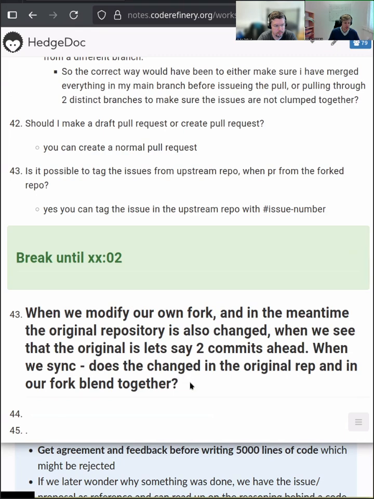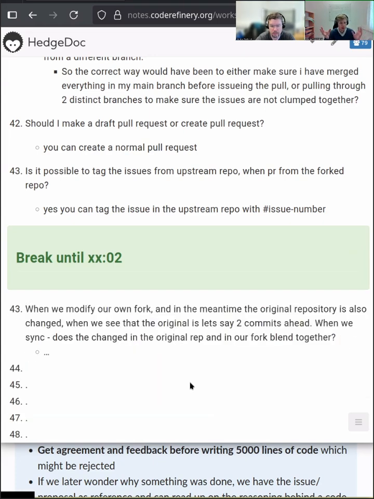So this is hinting at one concept which we have not discussed today, but yesterday, and that's merge conflicts. If the changes that you have made and the changes which have happened on the upstream repository don't address the same files or the same lines in the same file, then this is not a problem really. But of course, you can run into merge conflicts. Let's say you are working on changing a recipe, like this baked salmon recipe that I made previously.